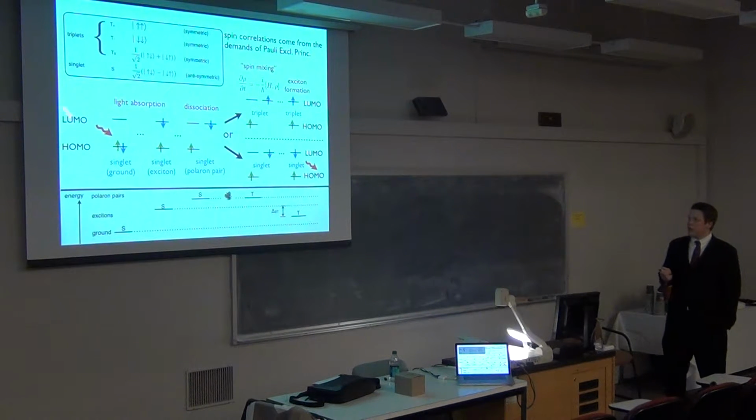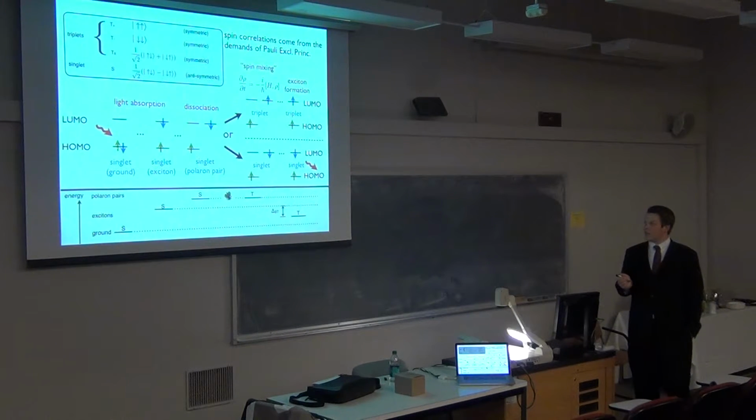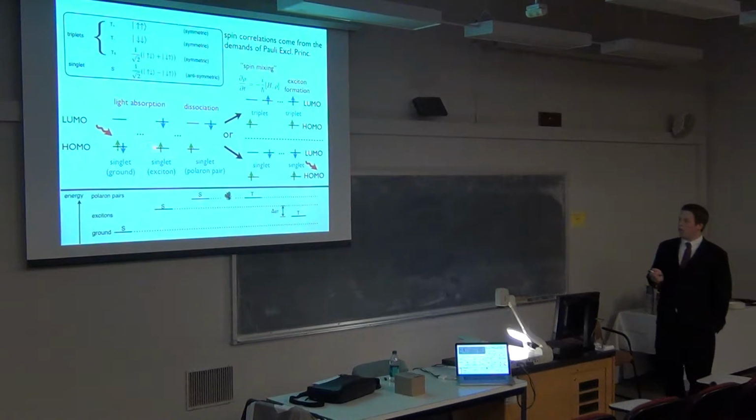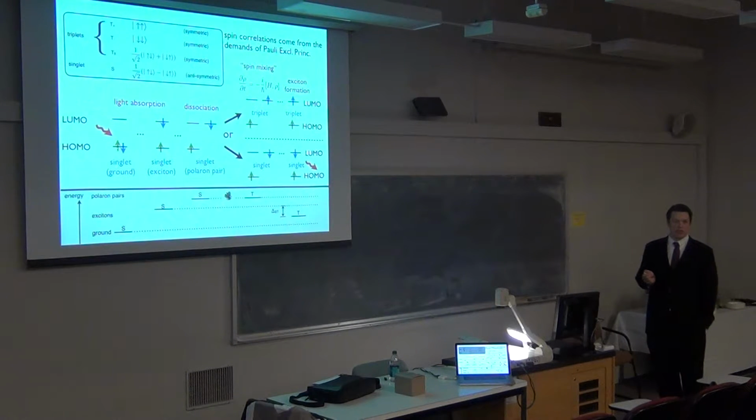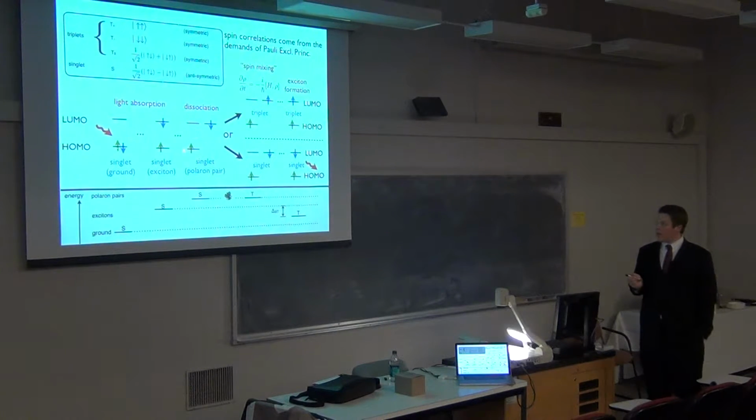Okay? And I'm going to map down here the energy. So here's the energy of the ground state. Now here's the excited state, which is an exciton. It's an electron hole. We can think about this as being the absence of an electron also, so it has a positive charge. So this is an electron-hole pair, and they're formed in the singlet state, and it's excited, so it is at a higher energy.